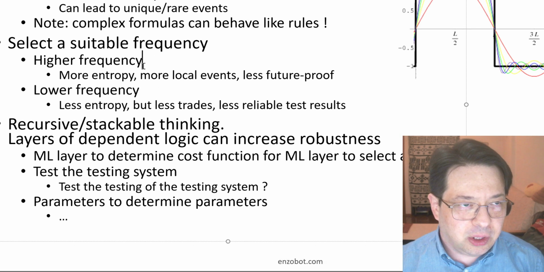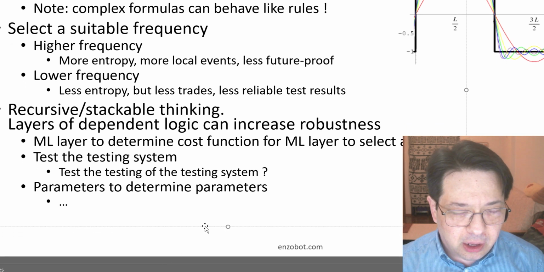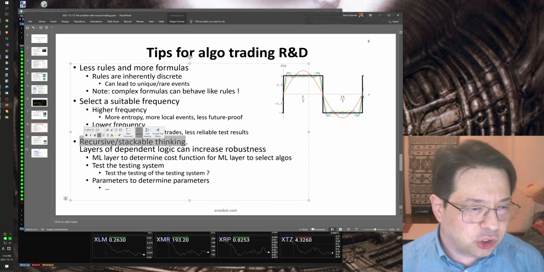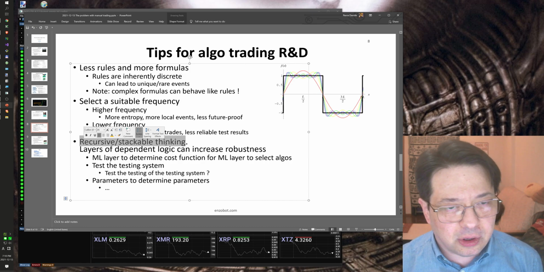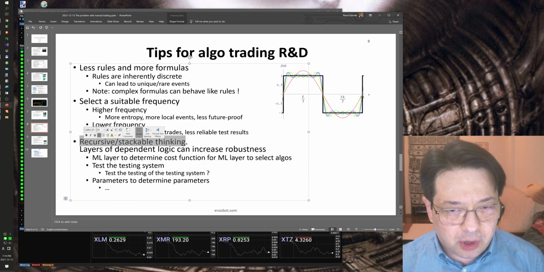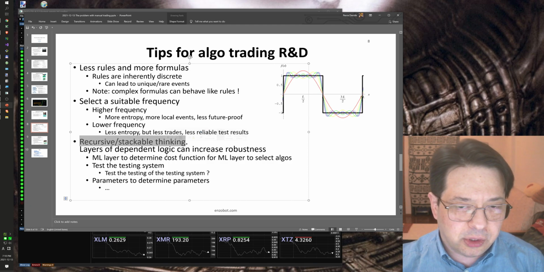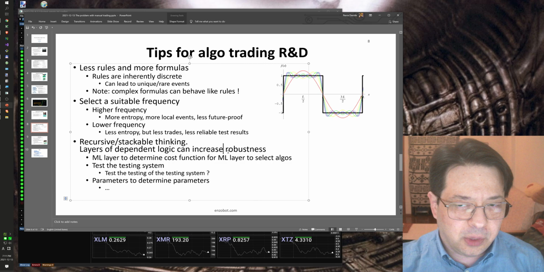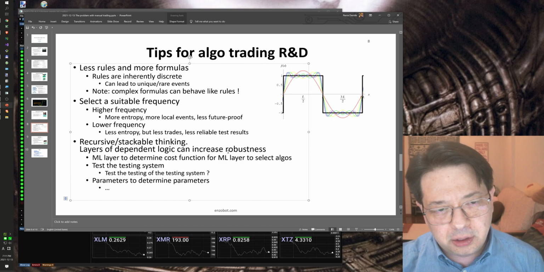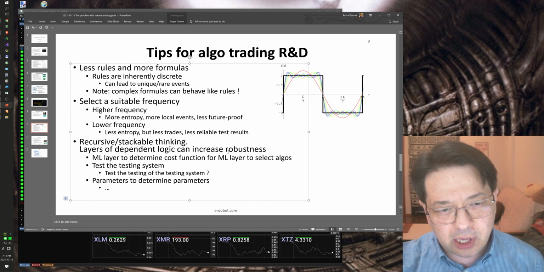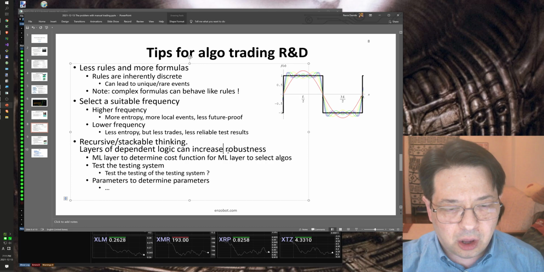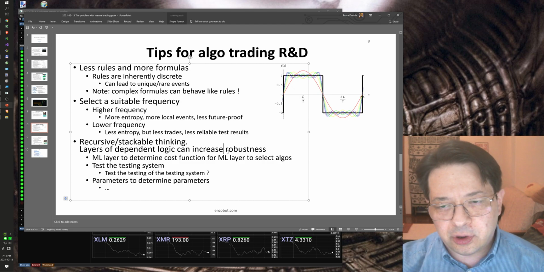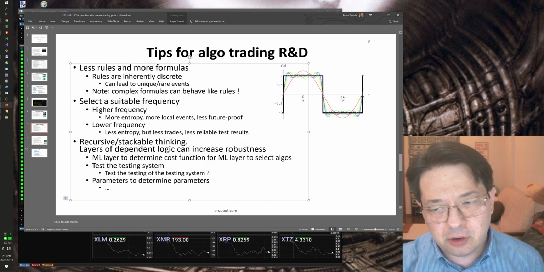Don't just be ideological on one or the other. And I talk about this also. I think it's very useful to approach this with a kind of recursive or stackable thinking. Let's say that you have a layer of logic, a kind of decisional logic. Ideally, you would have a layer on top of this logic, because this decisional logic has some variables in it. You would have another logic that commands or decides, ideally in a machine learning approach, automatically what those variables underneath should be. So for example, let's say that I decide that my cost function to evaluate the goodness of an algorithm,